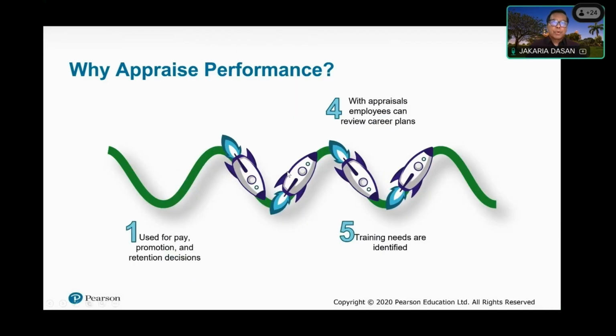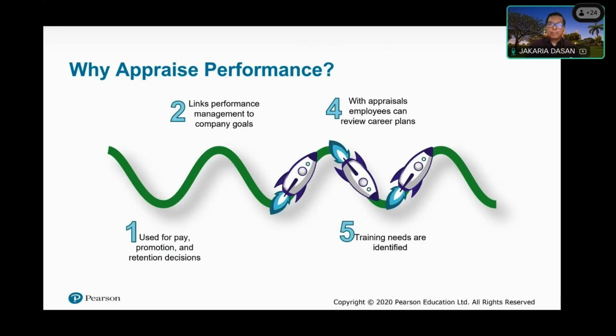Why appraise performance? Number one, we appraise performance untuk promotion, pay, and whether we want to promote or to retain them. That's why the reason untuk kenapa kita appraise performance. Second, link performance management to company goals.